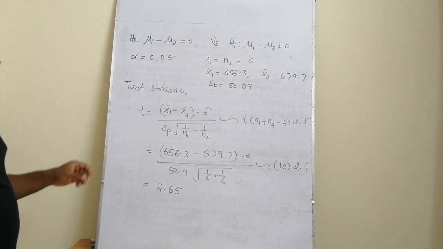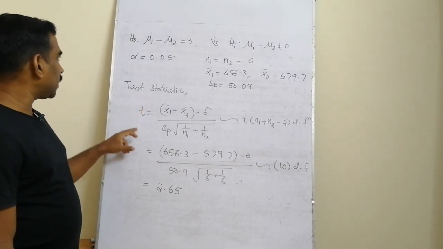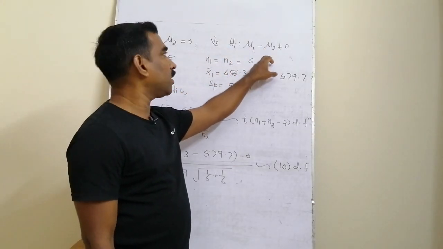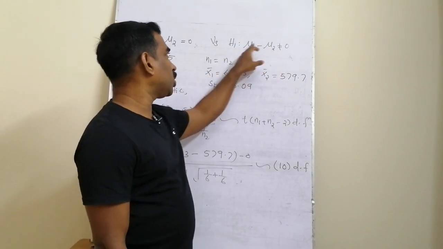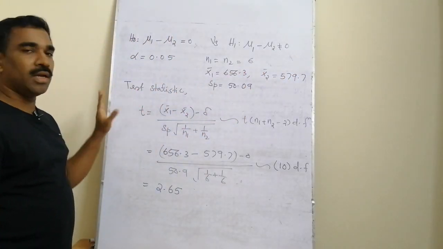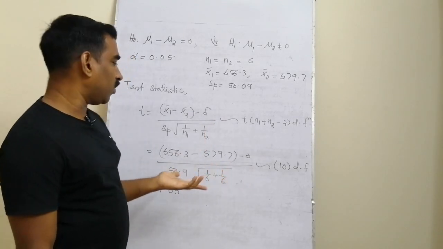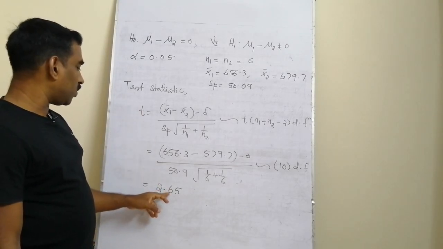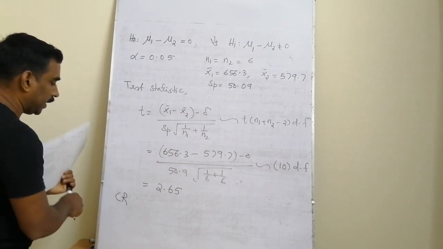Now we have to fix the critical region or the test criterion. For the test criterion, what is the type of the test? Looking at the alternate hypothesis, whether it is one-tailed or two-tailed. Here it is a two-tailed test, because the alternate hypothesis is of the not equal to type, that is mu1 minus mu2 not equal to delta. So for the T test, we know the critical region is either T less than minus T alpha by 2 or T greater than T alpha by 2. Here what is the proper one? Because this computed T value is a positive number, our critical region is, what is the critical region?